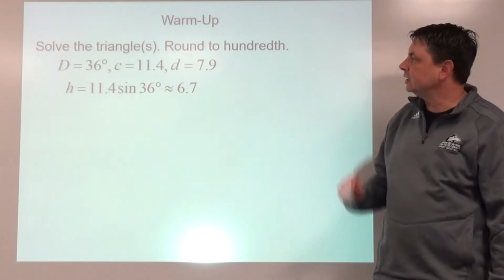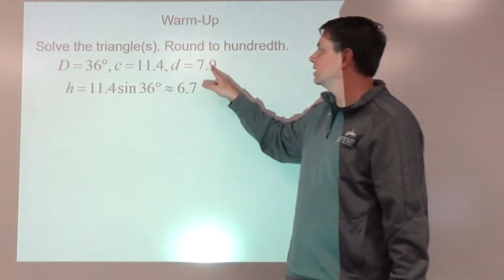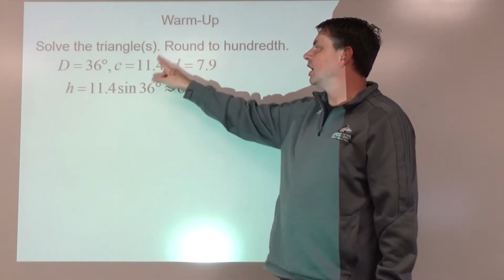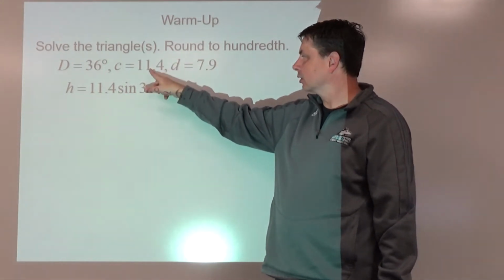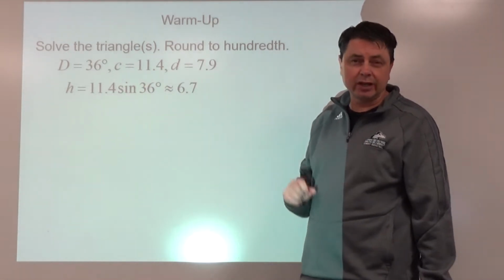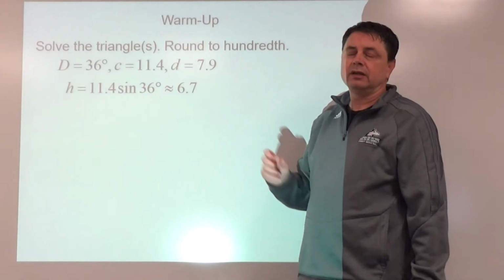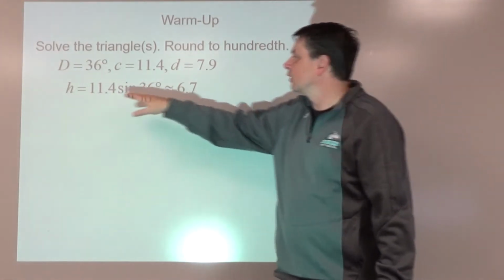Alright, so we are going to need to find the height, and the reason we need to find the height is that our given angle is such that the opposite side is not longer than or the same length as the other. So that means that more than likely this is either 0 triangles or 2 triangles. If it's 1 triangle, it would have to be a right triangle, but unlikely. So we find the height,